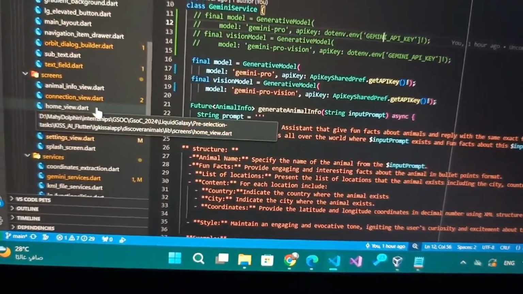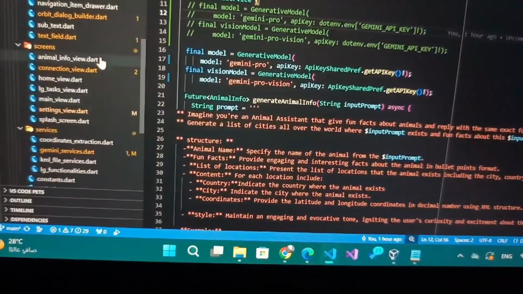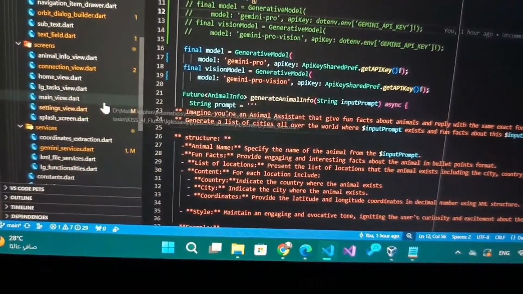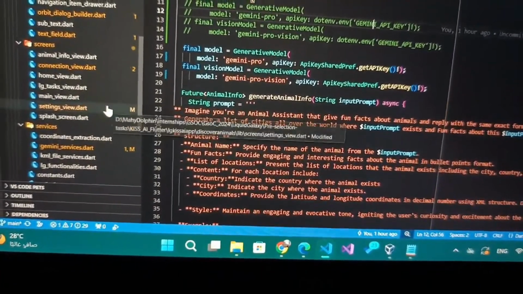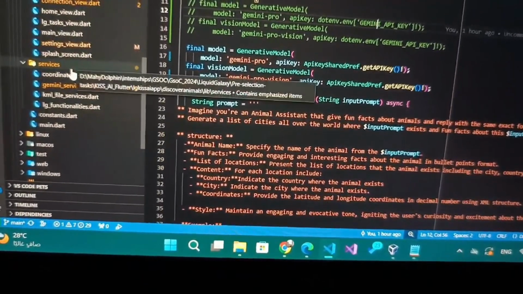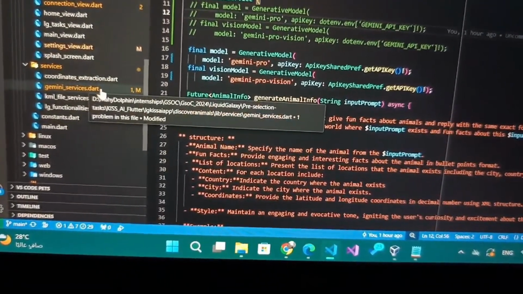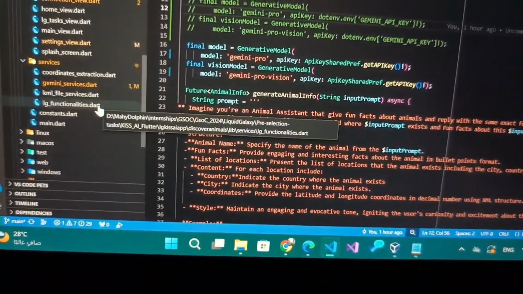Here also I have the screens. I have the animal view, the connection view, the home view, the LG task view, the main view, and the settings, and I have a splash screen. And lastly, I have the services. I have the Gemini services, KML services, and LG functionalities.